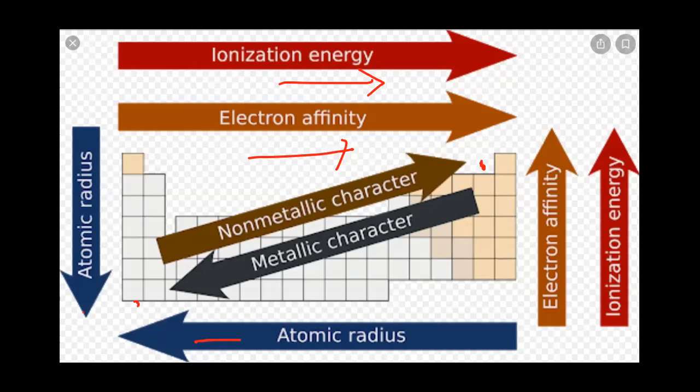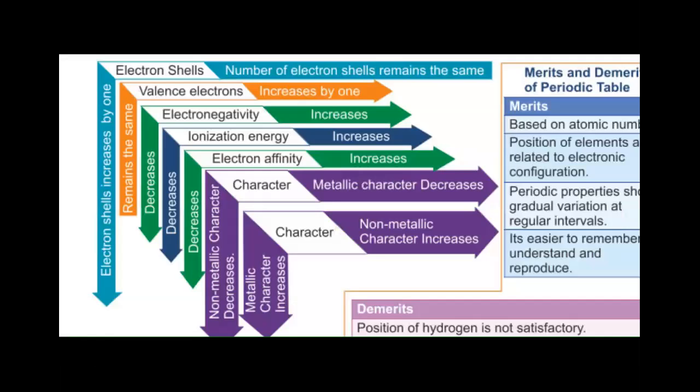So this is a generalized thing given, and we have to start with the ionization potential. Before we start with the ionization potential, related to the periodic table, these are the things you already know, I believe. The number of electron shells remains the same when you're going across the period, and when you're going down the group, it increases by 1. Valence electrons going down the group remain the same. However, when you're going across, it increases by 1.